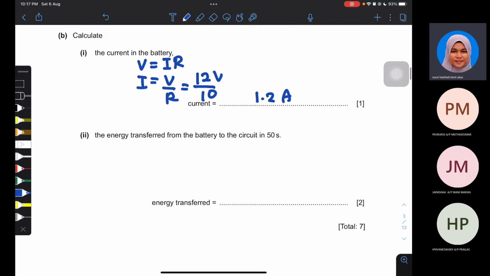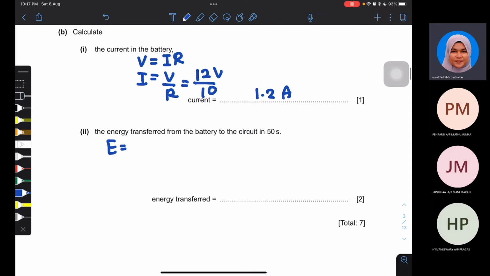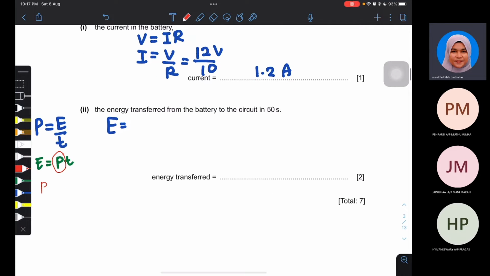Energy transferred. What's the formula? E equals to? Okay, kita tahu formula power. Power equals to energy over time. Sekarang soalan nak energy. Okay, so daripada formula ni, nah, look at this formula. From this formula, E equals to PT. But in this question, do you know P power? Tak, kita tak tahu P. Tapi kita tahu juga P equals to V times I. Betul? So, E equals to